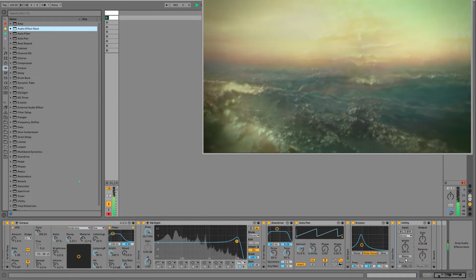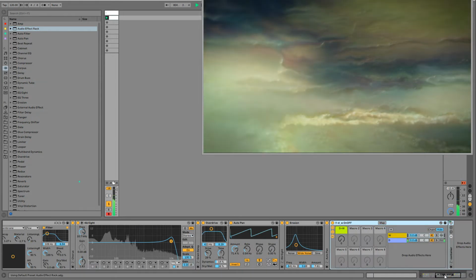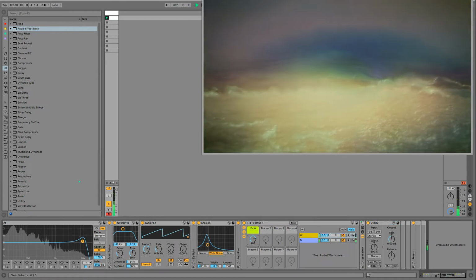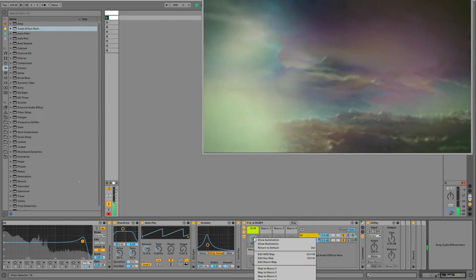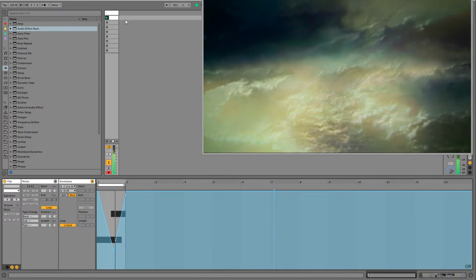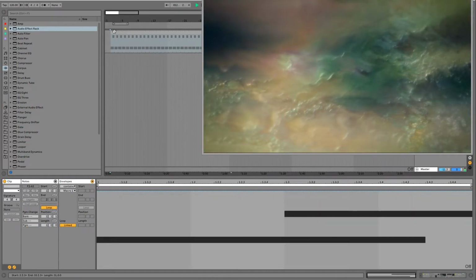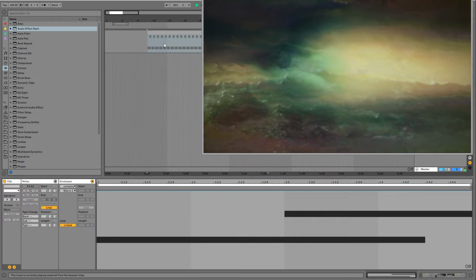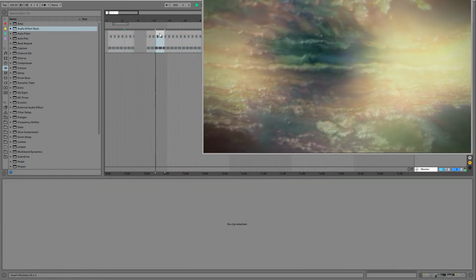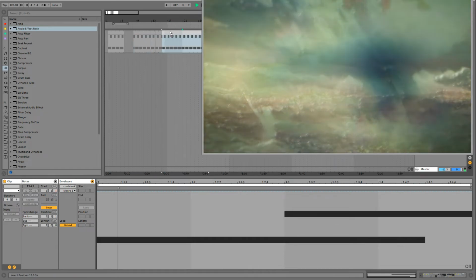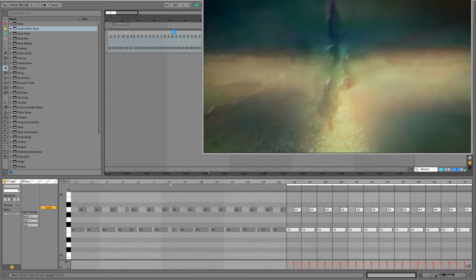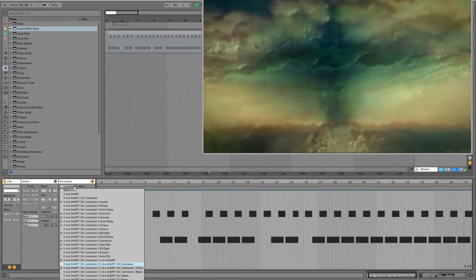One thing we could do is drop a wet/dry and just modulate or automate. I like using modulate a lot because once you get these clips over here into time, you move them around and you're not losing the modulation. You can also cut up a lot of these, swap them around, switch them around, and then consolidate that, and you end up with even more fascinating results in terms of the modulations.